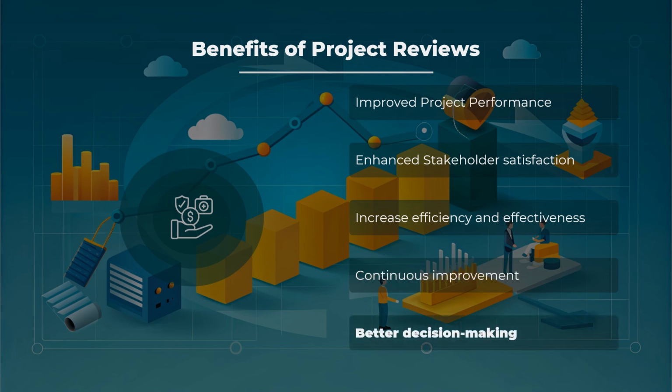Better decision-making: insights gleaned from project reviews empower project managers and stakeholders to make well-informed decisions for future projects. These decisions span resource allocation, risk management, and project planning. In conclusion, project reviews constitute a pivotal phase in project closure, enabling project managers and stakeholders to assess project performance, identify improvement areas, and document lessons learned. Following a structured approach and considering key elements ensures that project reviews furnish invaluable insights, thereby contributing to the success